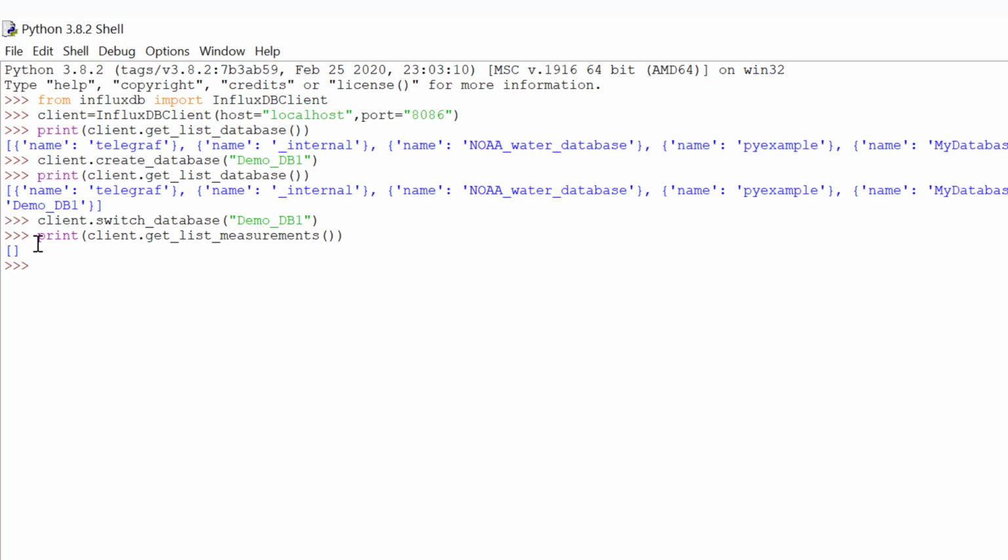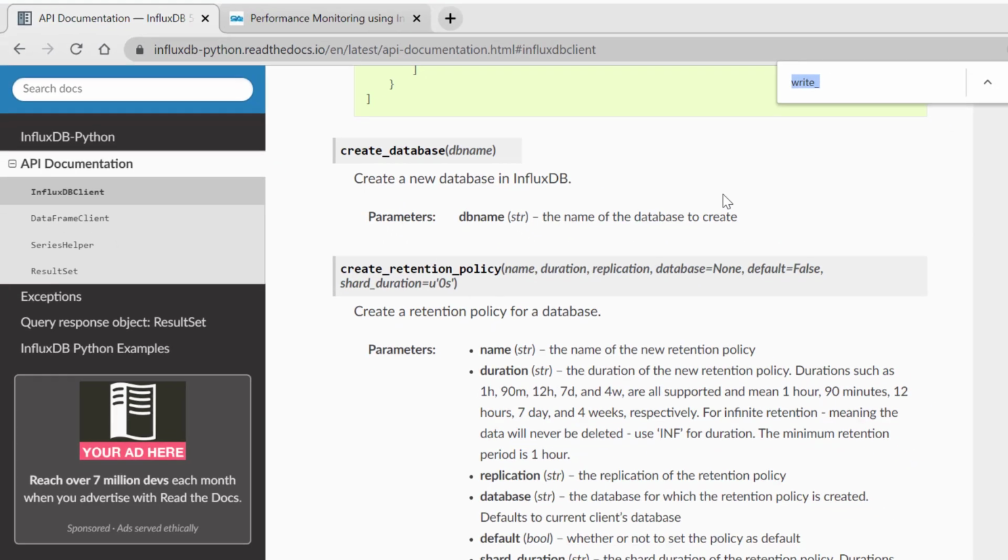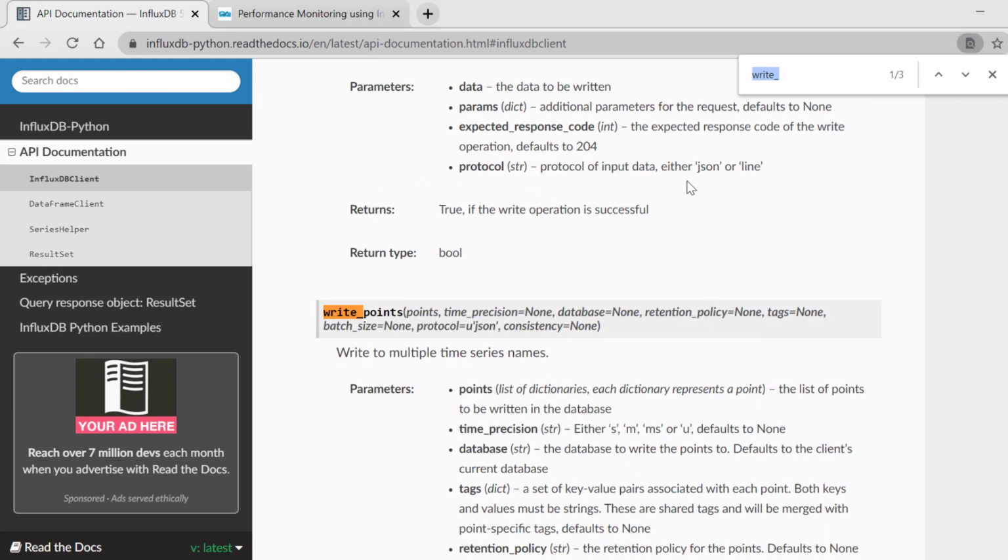And for that, let's first see which method we will be using, and then we will be taking some sample data. If I go to the InfluxDB documentation and search for write_points, this is the method which will help us to send measurements to our time series database. The first thing we have to note is points. Each measurement is a point. And in write_points, we have to pass points. Now this point can be a list of dictionaries which we need to write.